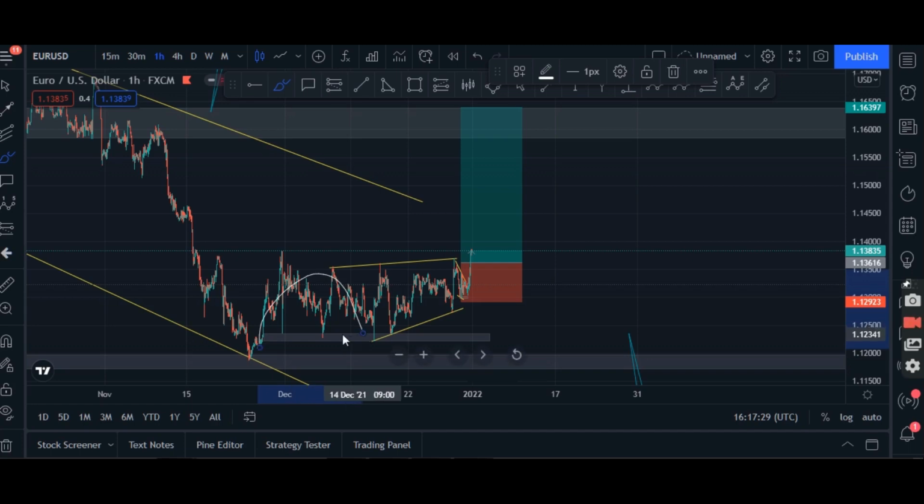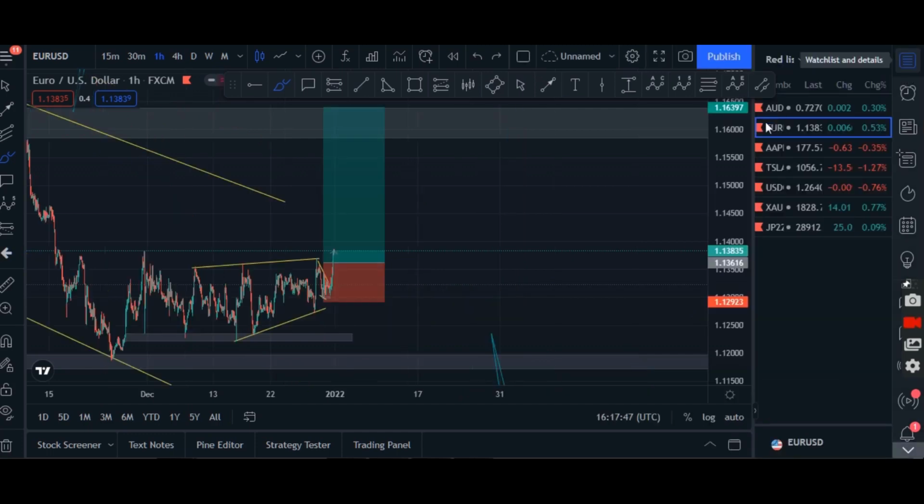which it even gave us a W sort of pattern, guys, if you can spot it. The W sort of pattern, like that, like a W. That's a double bottom, guys. So a double bottom is a reversal pattern. You know, it's a bullish reversal pattern, basically, which says the market would be going up after that.